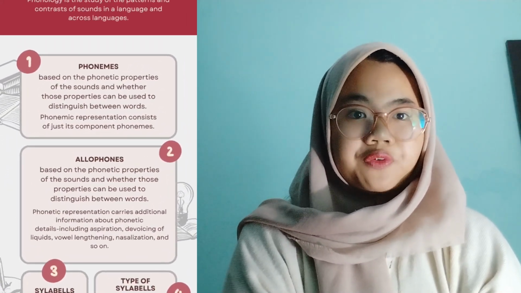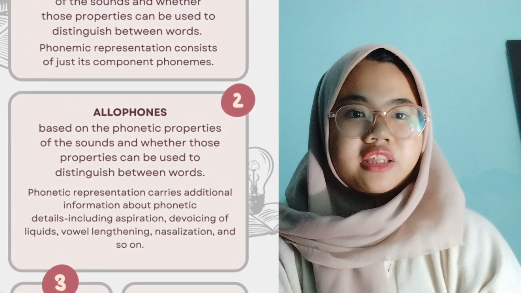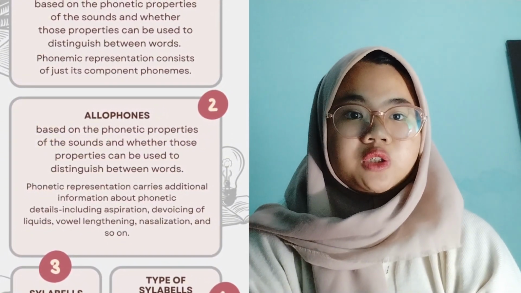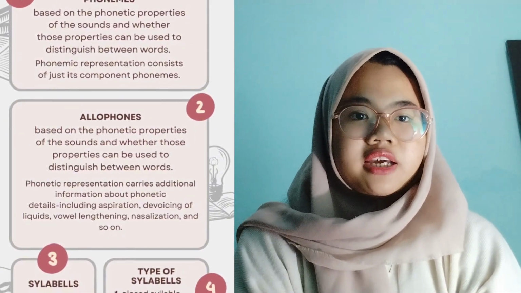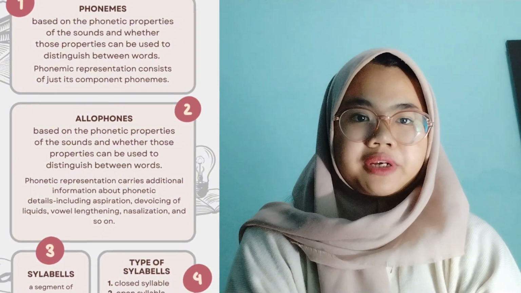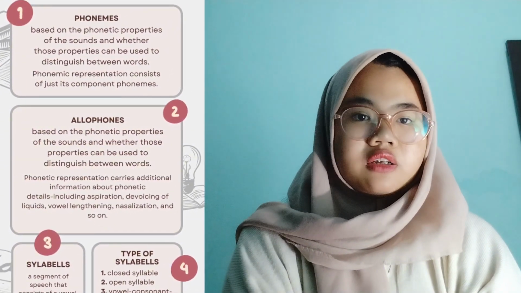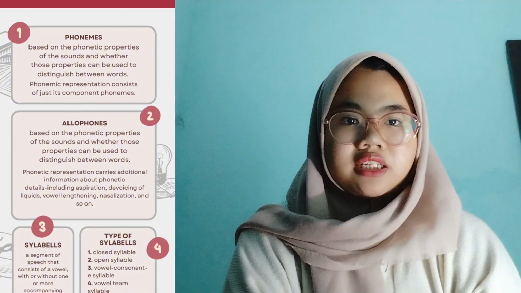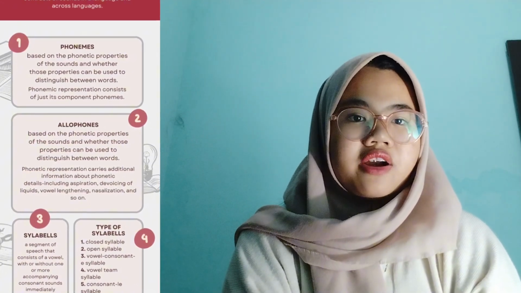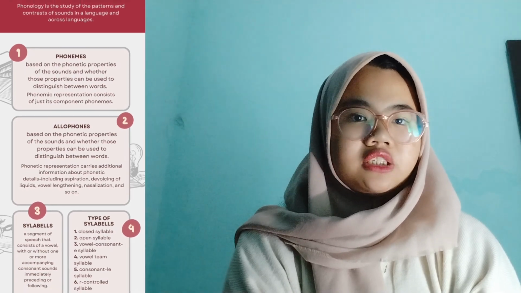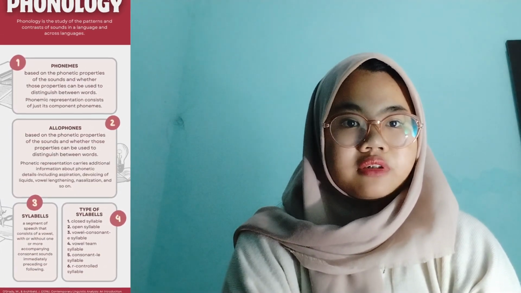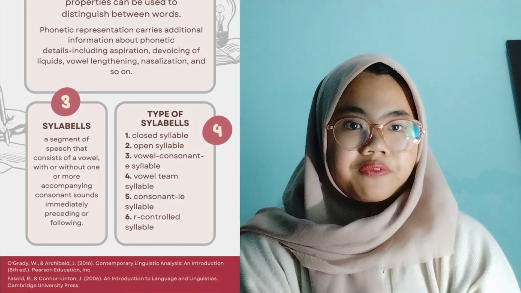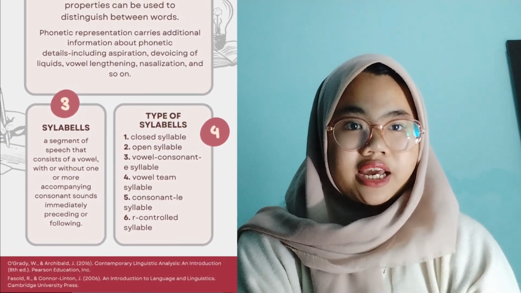Now, let's talk about allophones. Allophones are based on the phonetic properties of the sounds and whether those properties can be used to distinguish between words. Phonetic representation carries additional information about phonetic details, including aspiration, devoicing of liquids, vowel lengthening, nasalization, and so on. Allophones are variations of a phoneme that do not change the meaning of a word. For example, the T sound in top and stop is produced slightly differently, but it's still recognized as the same